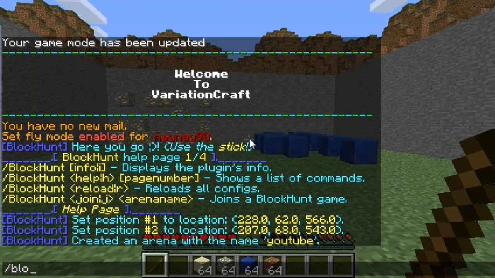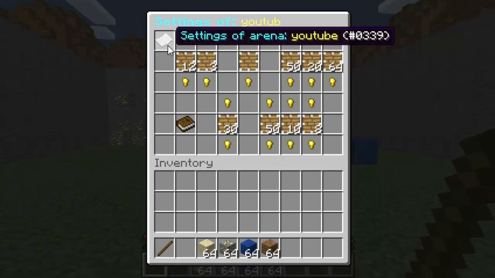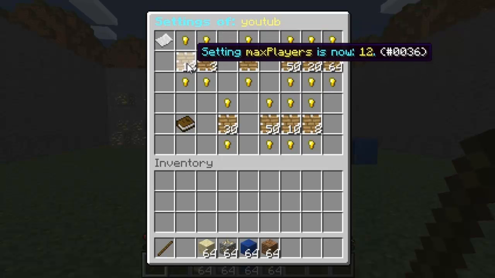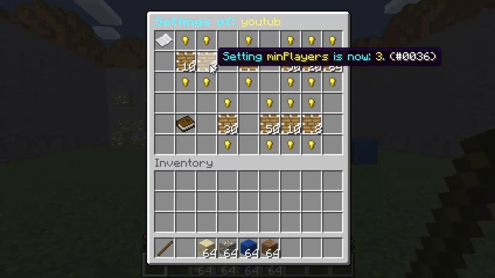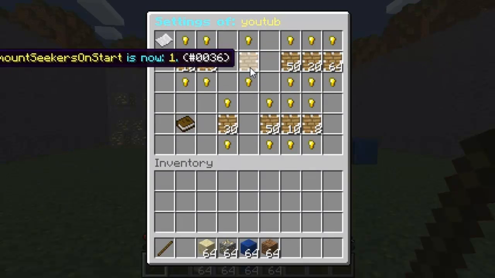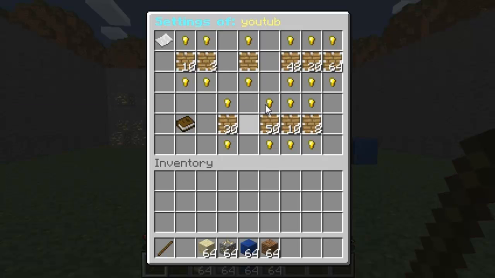So then the next command is /BlockHunt set and then the arena name, and it will bring up this lovely little menu. I think this is really creative the way he's done this, and it's just the settings page. All you do is click on the gold to make the numbers go down. So this is the max players, this is the min players, so you need 3 players for the game to start. How many seekers are going to start, how long you're going to spend in the lobby before the game starts,